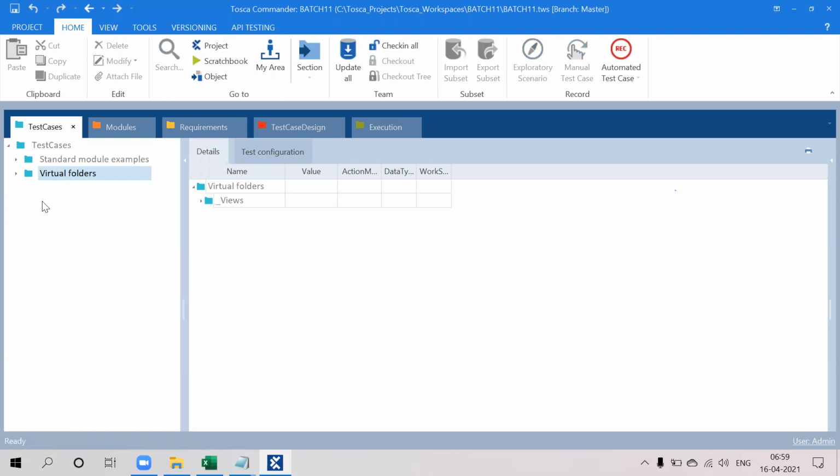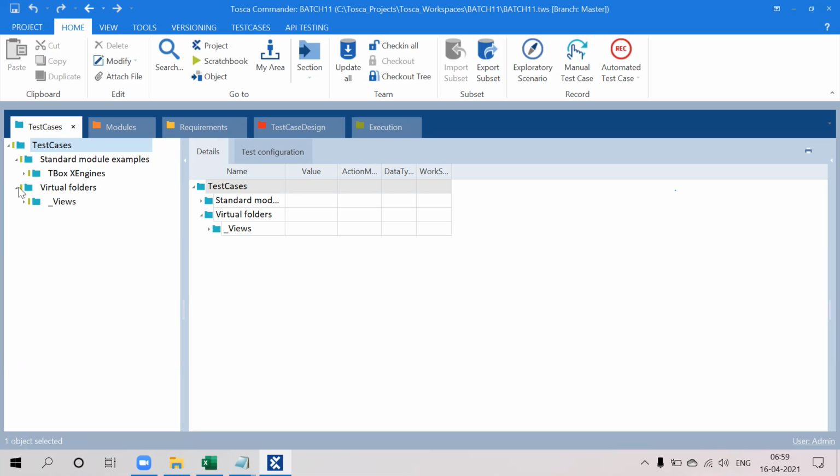Make sure that whenever you are doing checkout in real time, for example checkout tree, it means whatever folders are under this test cases, everything has been checked out, so no one can access those folders.